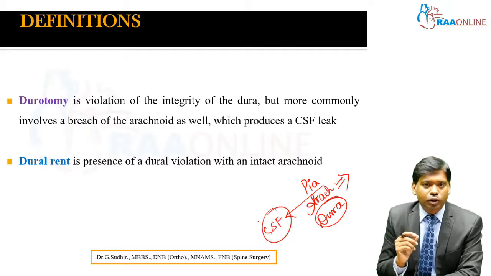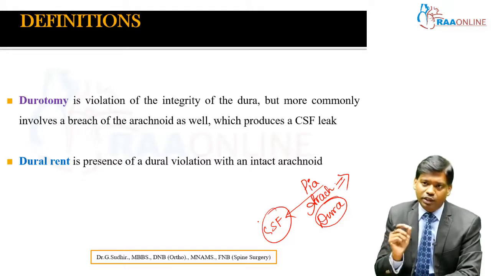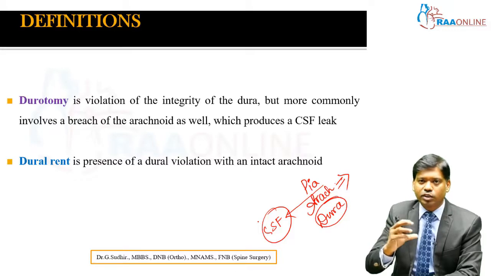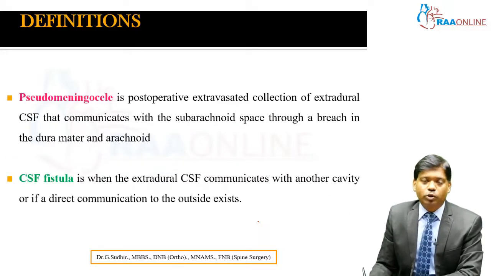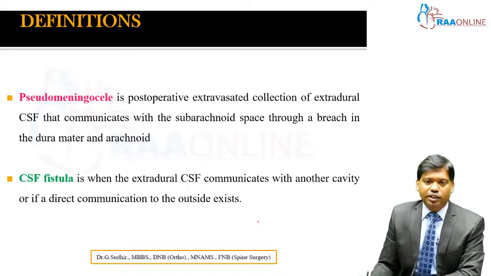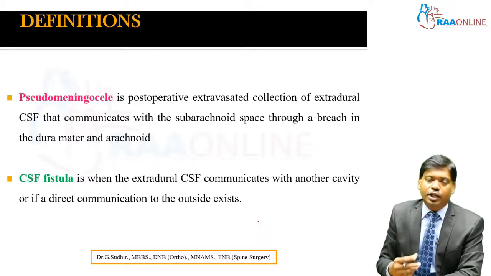And what is a dural rent? A dural rent is nothing but the presence of dural violation with an intact arachnoid. So only the dura is gone, so the arachnoid with the CSF will bulge out. What is a pseudomeningocele? A pseudomeningocele is usually a post-operative, extravasated collection of extradural CSF that communicates with